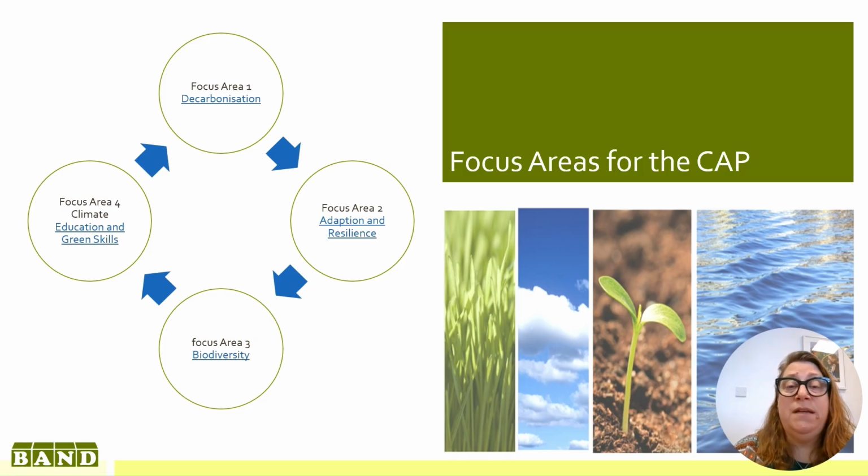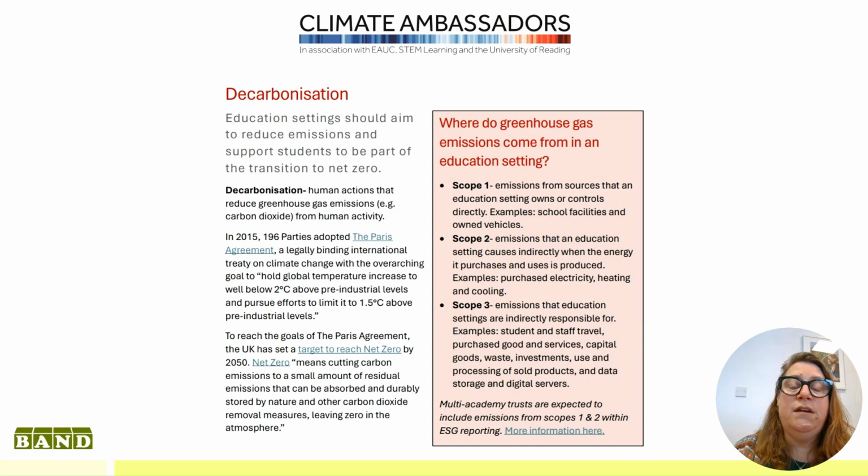They've been developed by an organisation called Climate Ambassadors, and I'll show you an example of one of them on the next page. But the 4 headings that you're looking at are decarbonisation, adaptation and resilience, biodiversity, and education and green skills. So if we have a look at the beginning of the one for the decarbonisation information sheet,